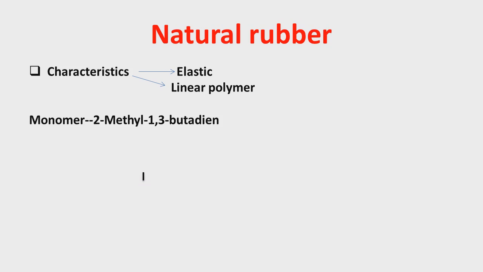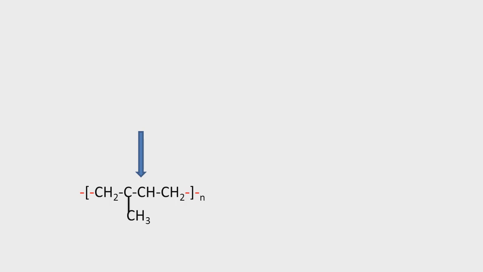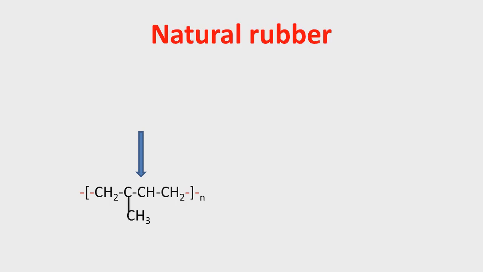Now let me complete the hydrogen atoms. So our structure will be like this. It is called 2-methyl 1,3-butadiene and also it is called isoprene in chemistry language, which is the monomer of this natural rubber. After this, can I simply say that n isoprene units join together to form a polymer known as polyisoprene. Now see how to draw the structure.